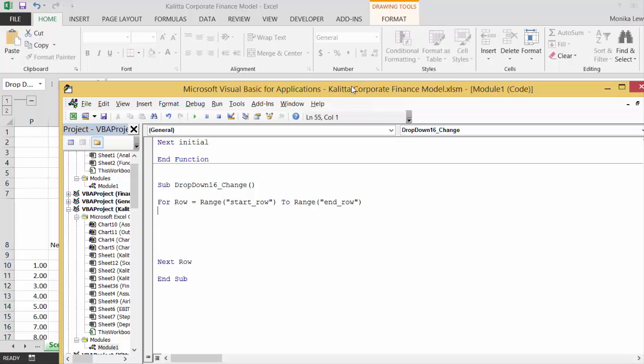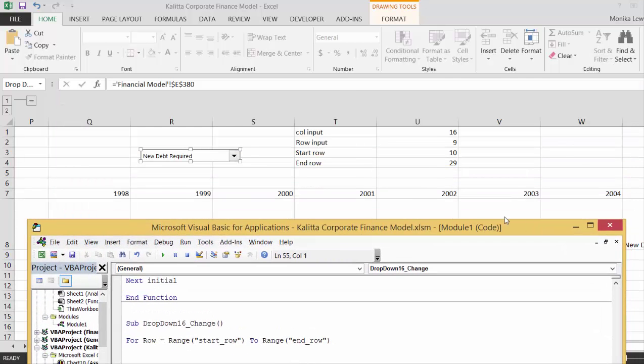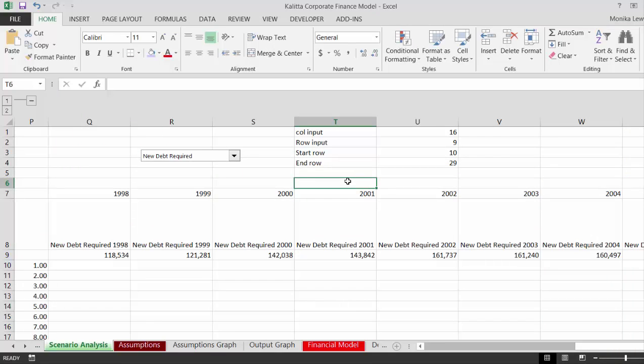Now I should have put the start column and the end column. I know I forgot to do something. So let's put